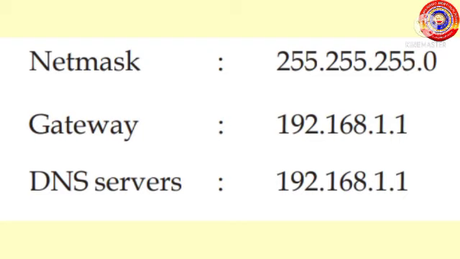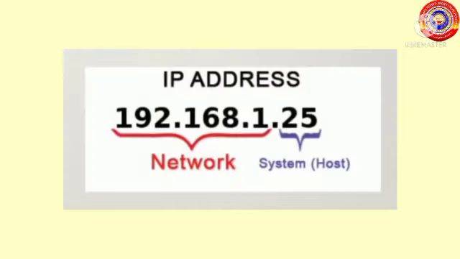Now look at these IP addresses. The IP address 255.255.255.0 is used for netmask. Then 192.168.1.1 is used for both gateways and DNS service. That's why we didn't give these values 0, 1 and 255 to the first range in our IP address. Clear? So we have understood that each and every computer in a network is having IP address.